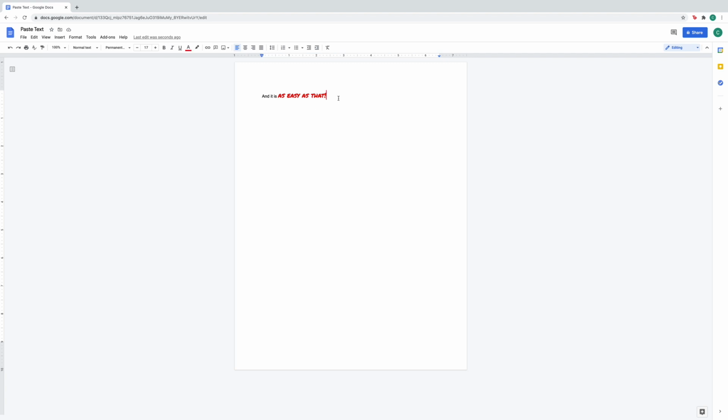So next time you're pasting text from another source, instead of just clicking Command V so it pastes just like that, and then you need to change the font, instead, we're going to click Shift Option Command V. So Command Option Shift plus V, and it's going to paste that text in the exact same font and style that you were already using. Again, that's Command Option Shift V, and it's going to paste that text in the same exact font that you're already using.